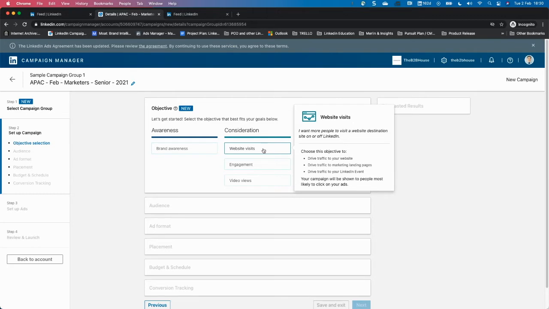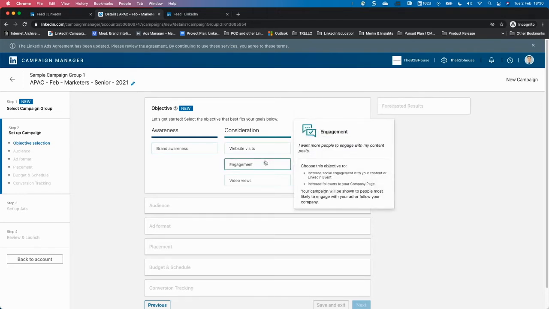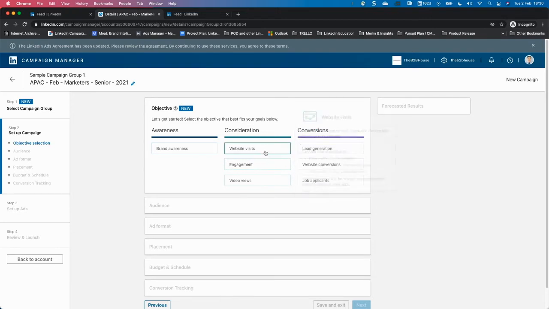If you want someone to engage, then they would find users who will likely fit the demographic that you are looking for, number one, and number two, who have a historical data of engaging rather than going to a website. So definitely select the correct objective,